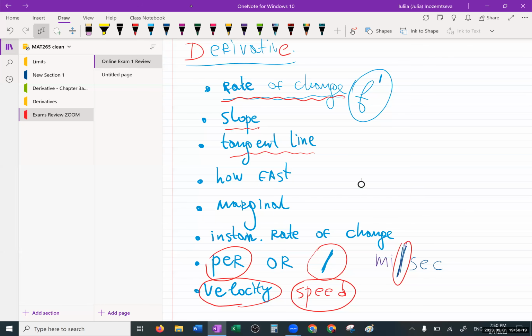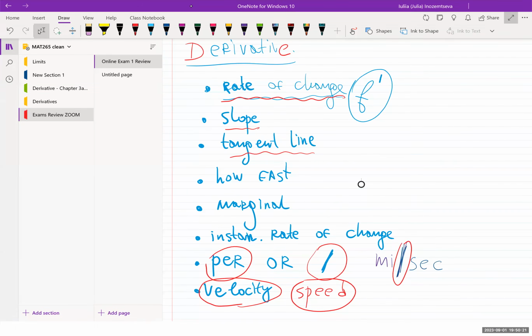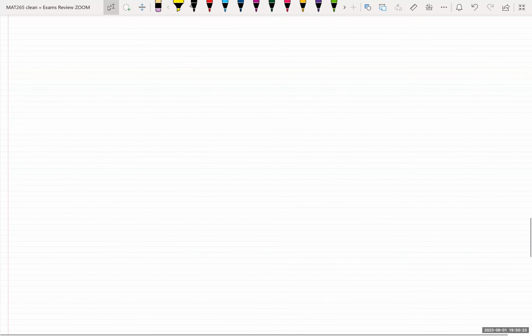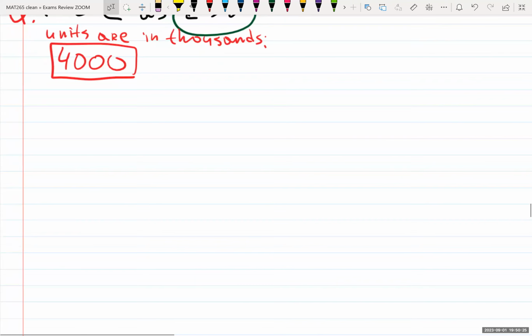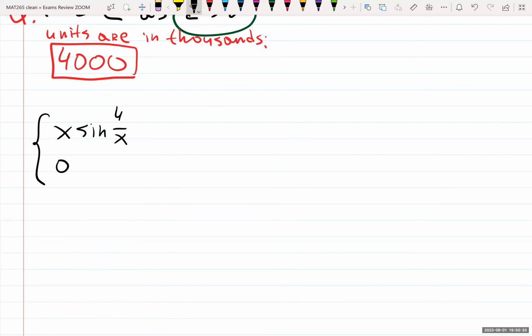That's my beautiful note. I love my Surface Pro because all the notes are very nicely organized. The problem is x sine 4 over x and 0. Does the derivative at 0 exist? So x is not 0 and then x is 0. That's not going to be on the test. It's too complicated. It's nice for homework, but you need to use the squeeze theorem to prove what is happening at